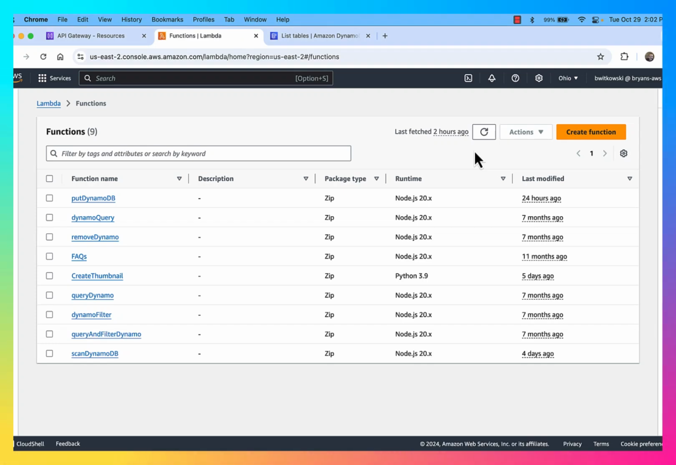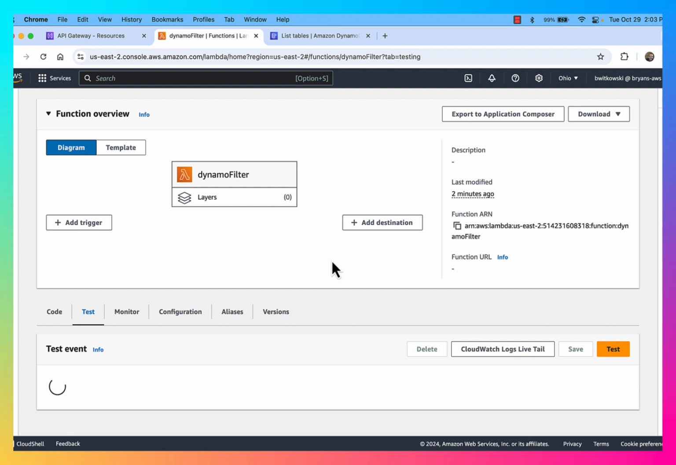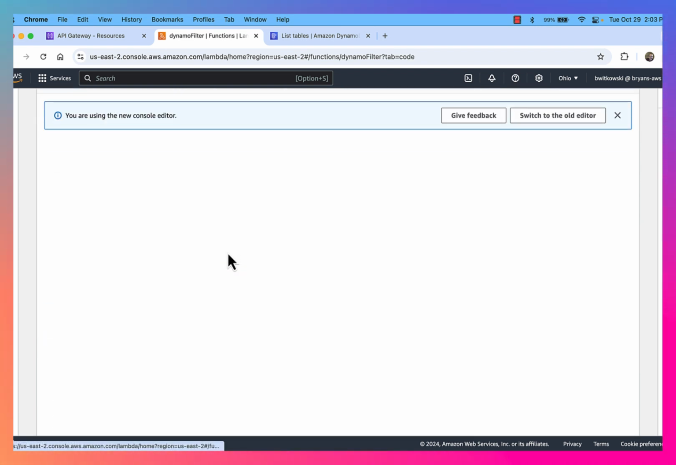In this example, I want to take a look at what the difference is in API Gateway between a resource and a method. So I've set up a Dynamo filter example. I believe that's the example that I just was looking at. This one right here. And the way the Dynamo filter works is if I look at the code,